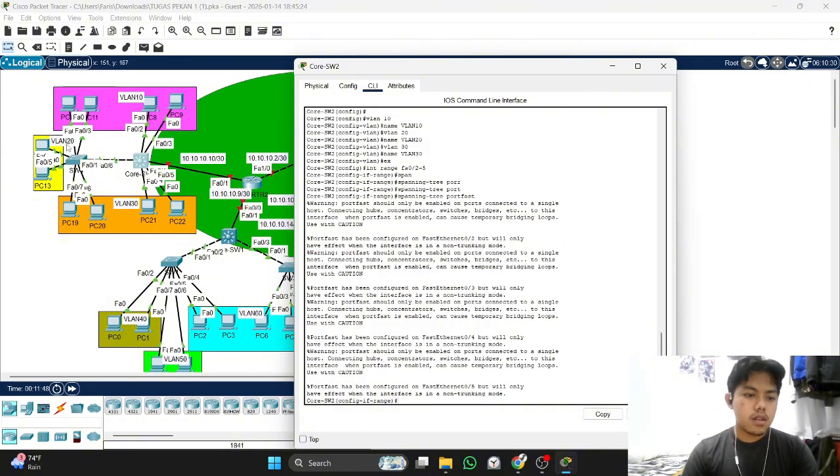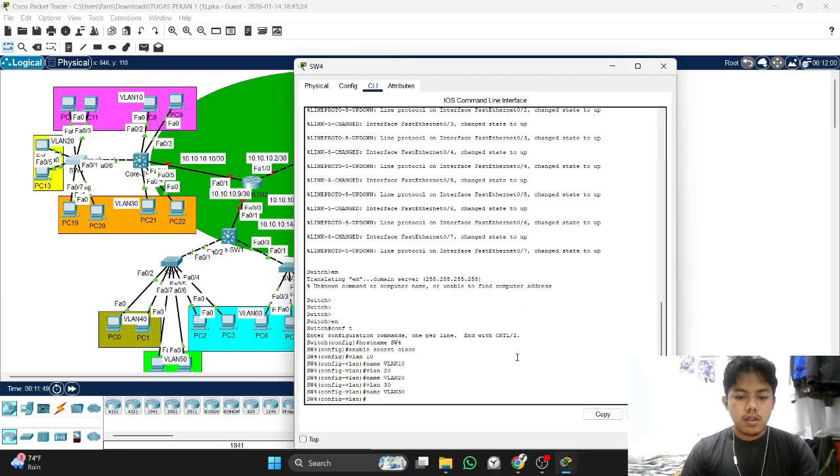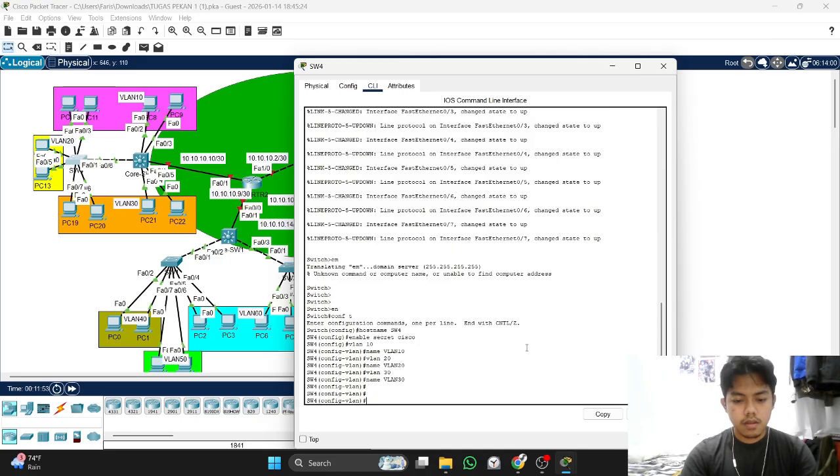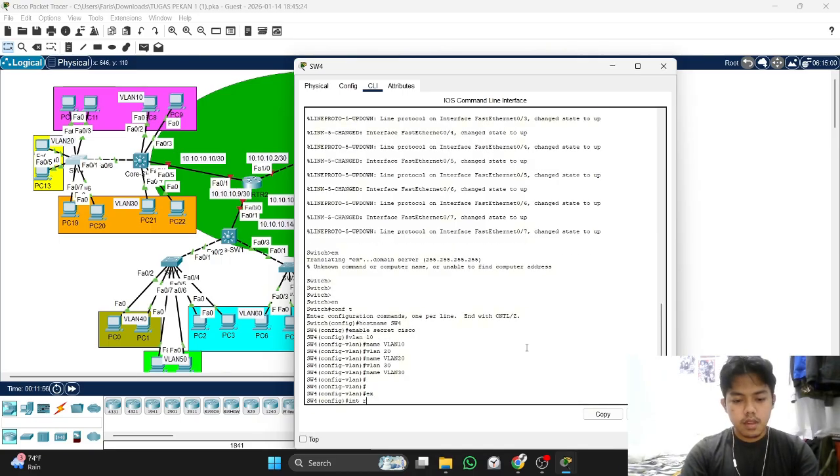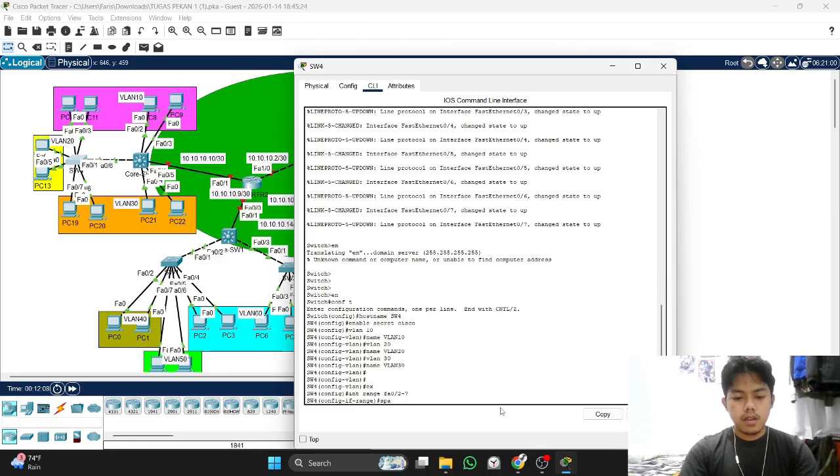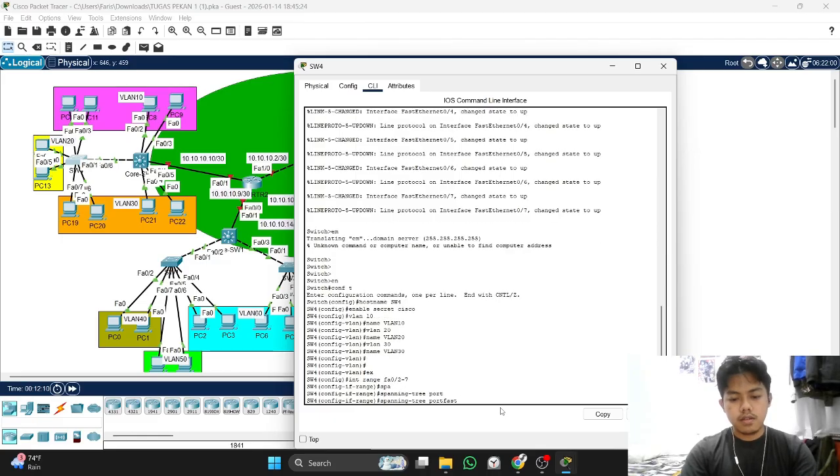Next, we do the same as before. Exit, interface range, you look for the interfaces that connect to the PCs on this switch, 2 until 7. Spanning-tree portfast. Okay.